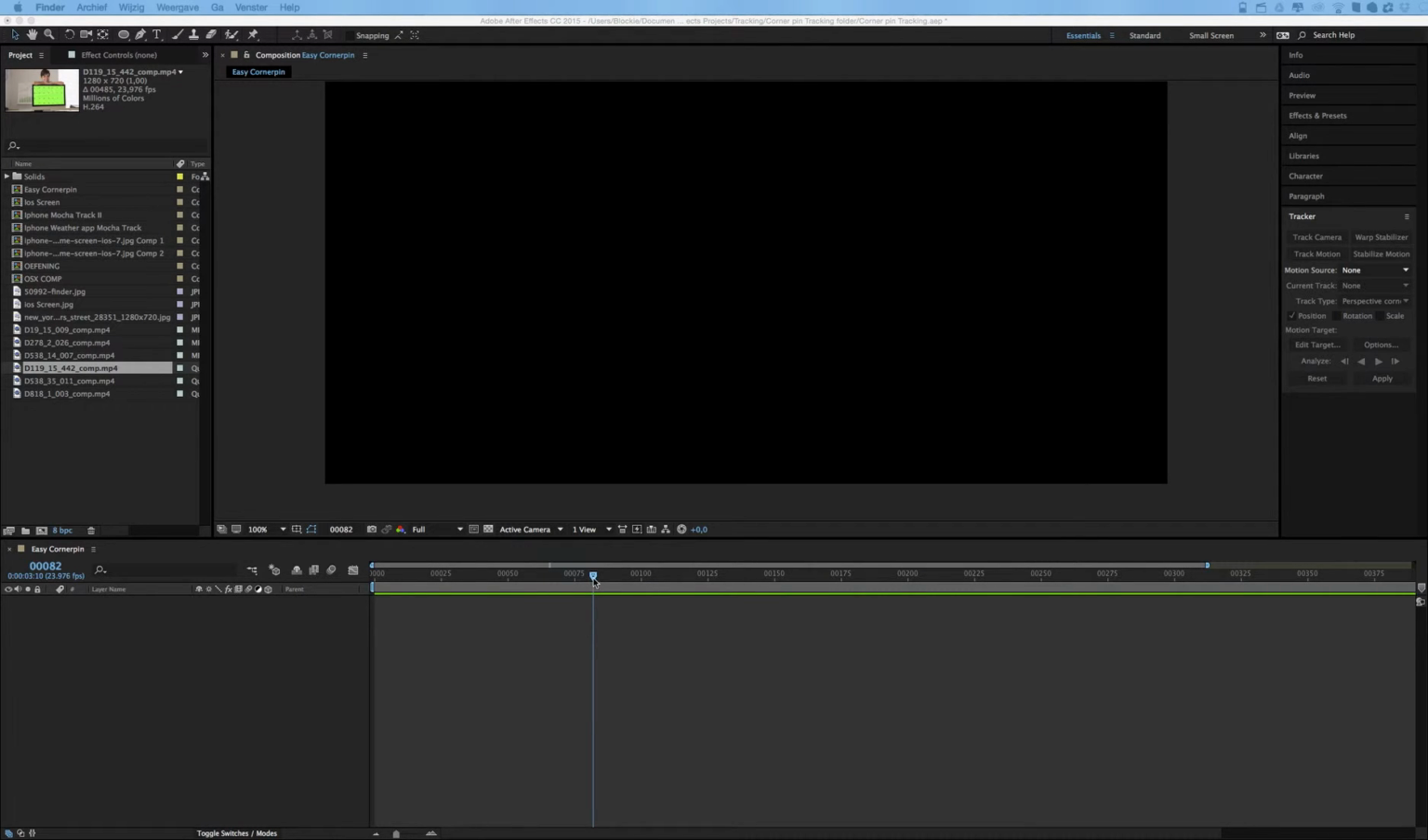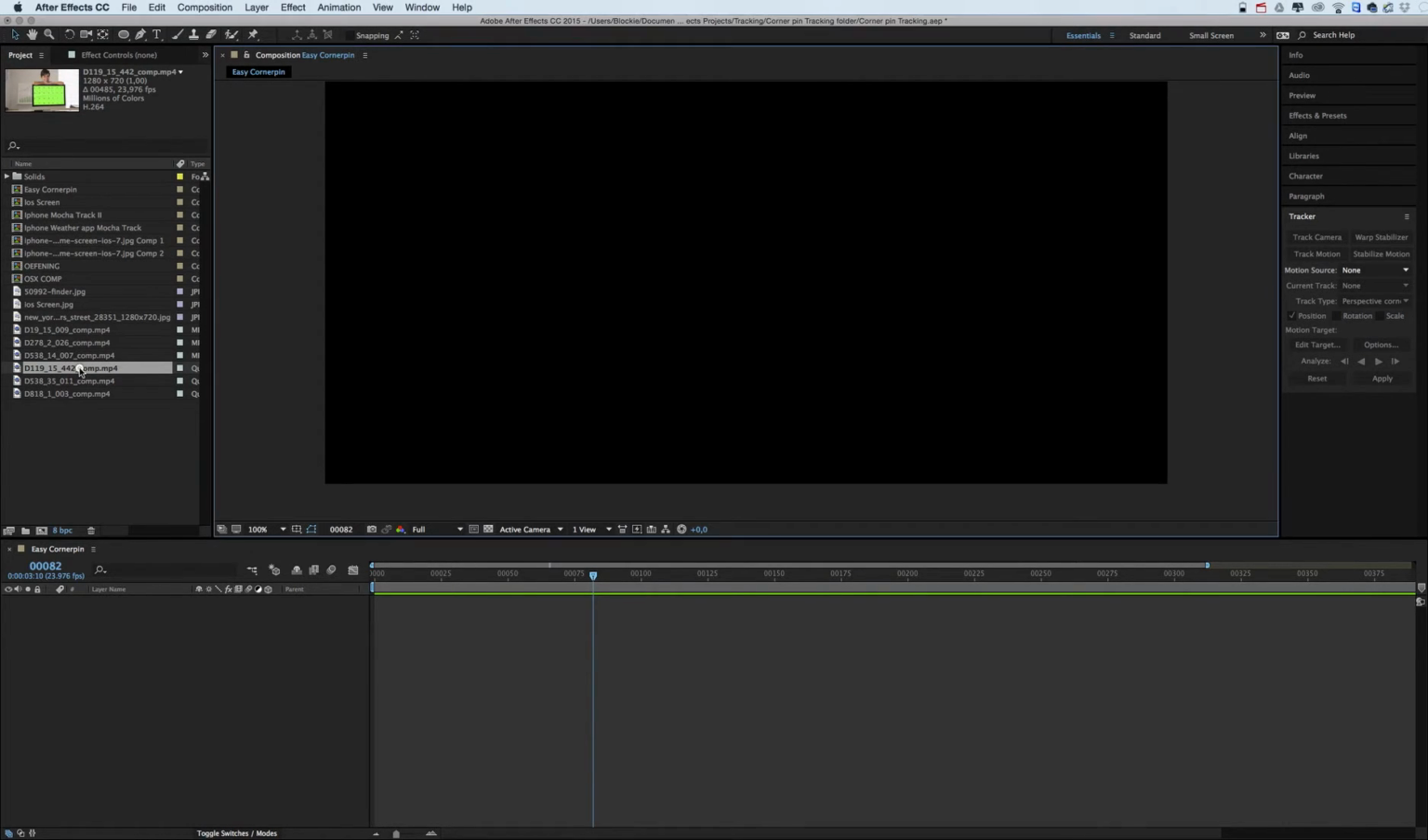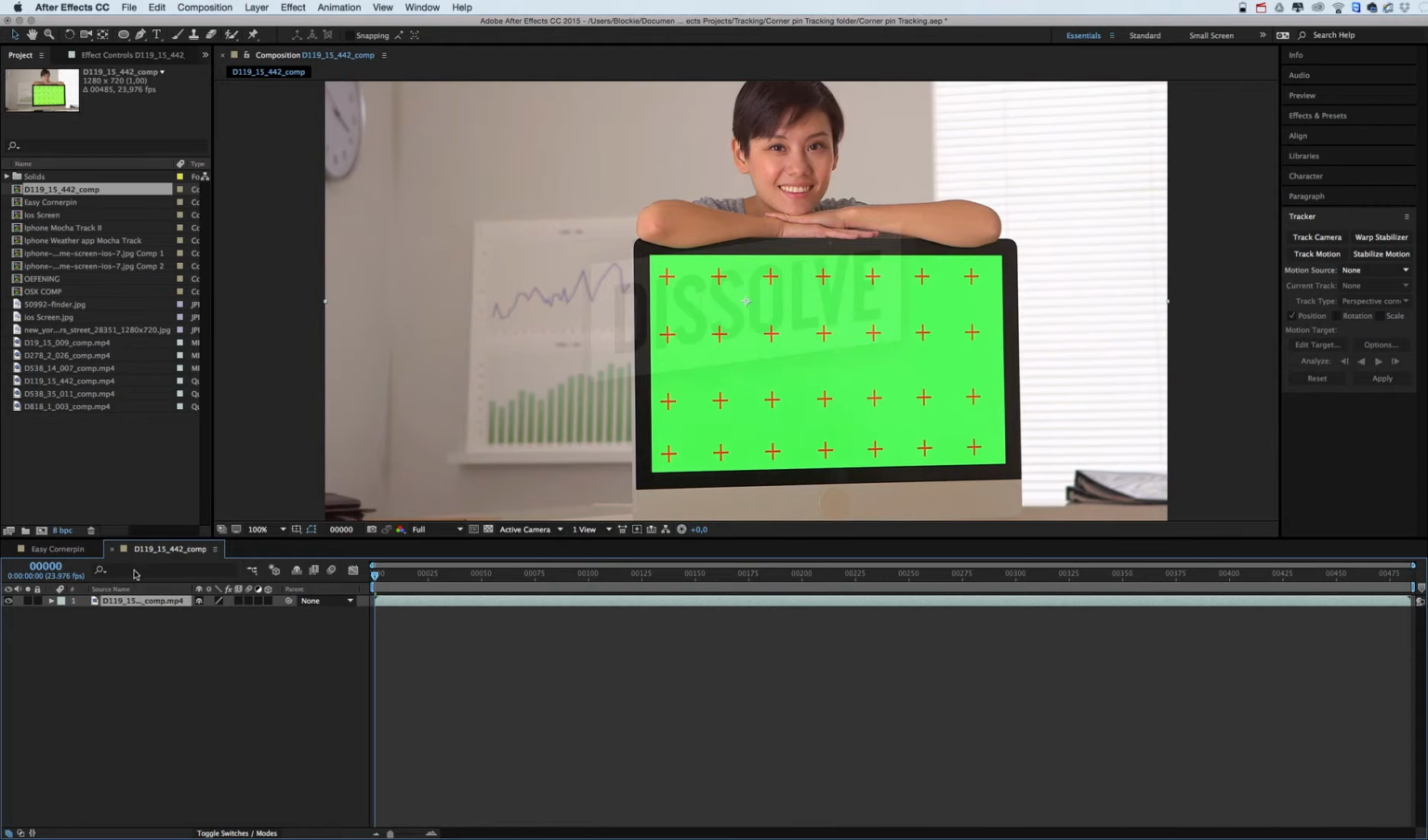So hi, in this screencast we're going to have a look at corner pin tracking. I have some nice footage here of a lady standing behind a computer screen, and we're going to fill in this computer screen. So in order to make a new composite with this footage, what I can do is select the footage and drop it into this icon here, which means it will make a new composition based on the settings of this footage, which are actually